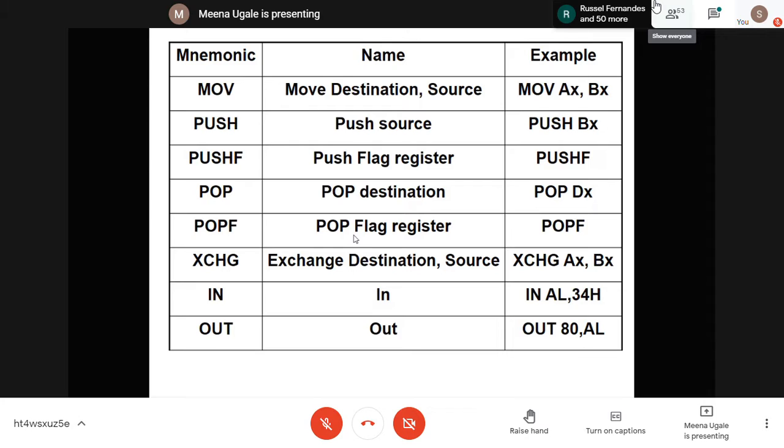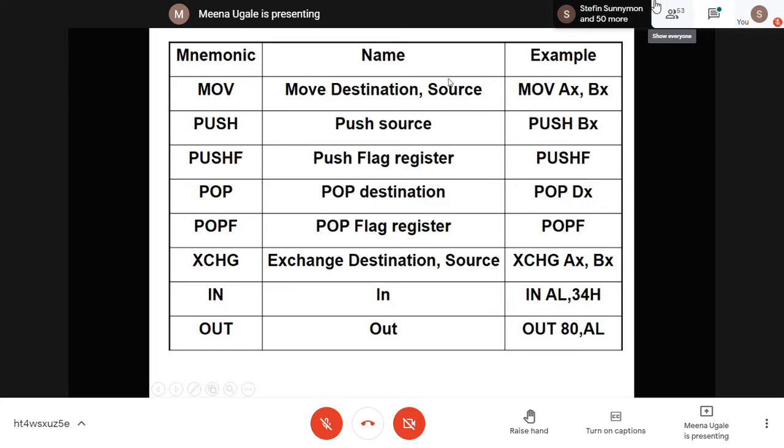If I am going to write the data transfer instruction MOV, it requires destination and source. Please remember the positions will be as it is. You cannot change the source and destination positions. See the third column of the table, that is the example. I will be writing MOV AX, BX. AX is my destination register, source will be BX. This instruction is written in register addressing mode. I am going to transfer the content of BX register to AX.